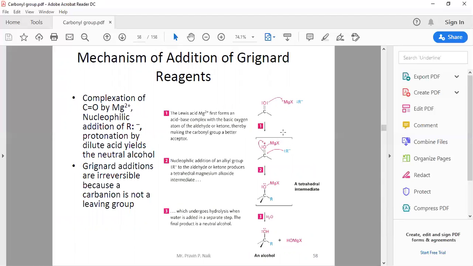So if you see the reaction mechanism, what is happening in the first step in Grignard reaction: the carbonyl oxygen gets the negative charge, the lone pair on the oxygen forms a bond with the metal. Then at the same time, in the second step, the alkyl group carrying the negative charge attacks the carbonyl carbon to form the tetrahedral intermediate, and in acidic condition, hydrolysis occurs and it forms the alcohol.